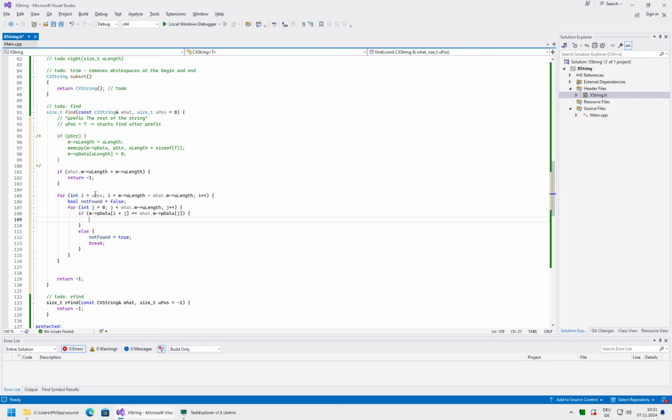So if not found remains false, then you can return i after the second loop. After the second loop, if not found remained false, you can return the current position.